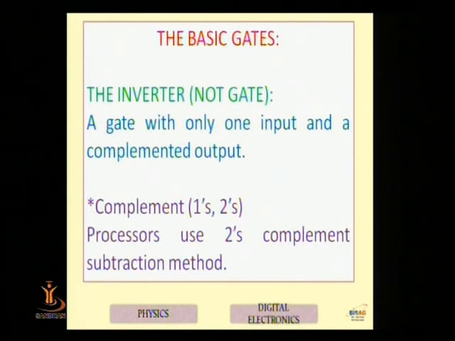Now the basic gates, because digital logic is developed on different gates. We have 3 basic gates. The first one is the OR gate, the second is the AND gate, and the third is the NOT gate. There are another 2 derived gates, NAND and NOR. Sometimes those 2 gates are known as universal gates, because with the help of these 2 gates one can design any digital logic circuit. And then there are 2 more gates, XOR and XNOR.